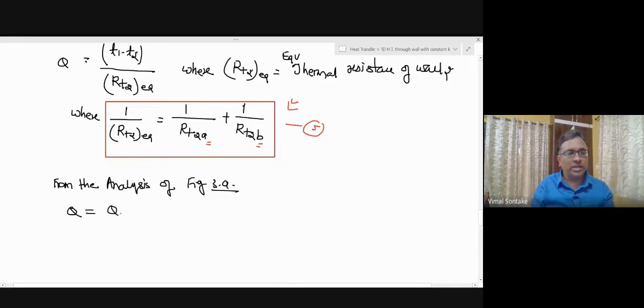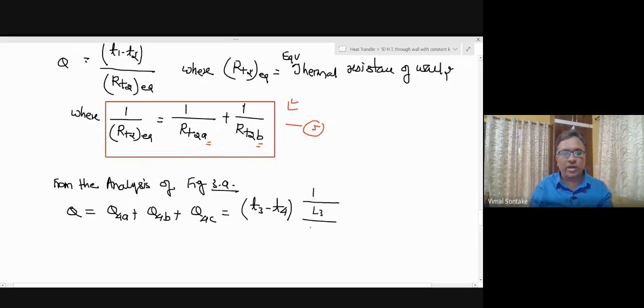It can be the heat transfer rate through material 4A plus material 4B plus material 4C. So directly I am writing this T3 minus T4 into 1 over L3 over K4A into A4A plus